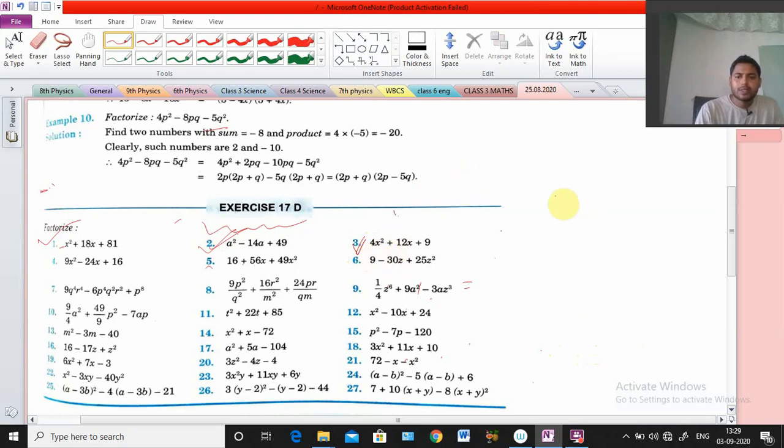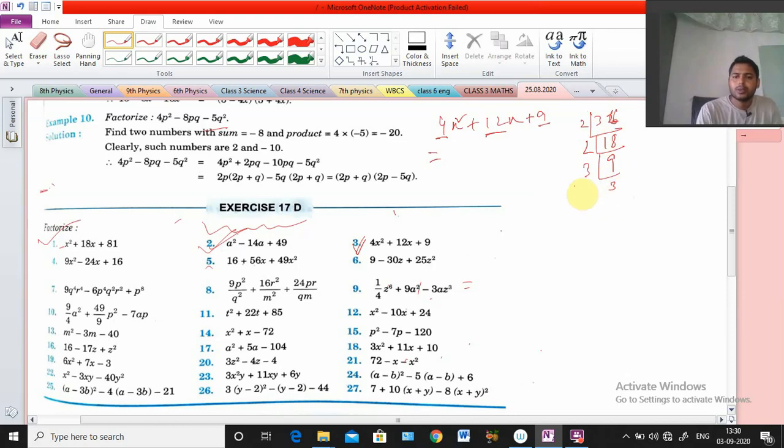4x square plus 12x plus 9. Four x square plus 12x plus 9. Okay, so see here, coefficient 4 and constant part 9. 4 times 9 is 36. Clear? 4 times 9 is 36. Okay, we need what, sir? 12. We want 12. So what to do? 2 times 18 is 36. 2 times 9 is 18. Next, 3 times 3 is